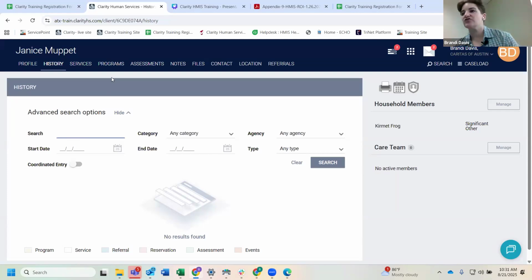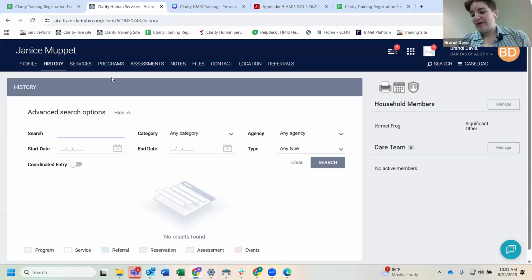So one of the first things that should be completed whenever you all receive a new referral to your program is creating their program enrollment. That's where we gather the bulk of our client data and where we're indicating to the system and to HUD that this client is receiving services through your program. So our program enrollment, just to be clear, is like what we would call a program entry in Community Services. So that's what we're going to move into now.